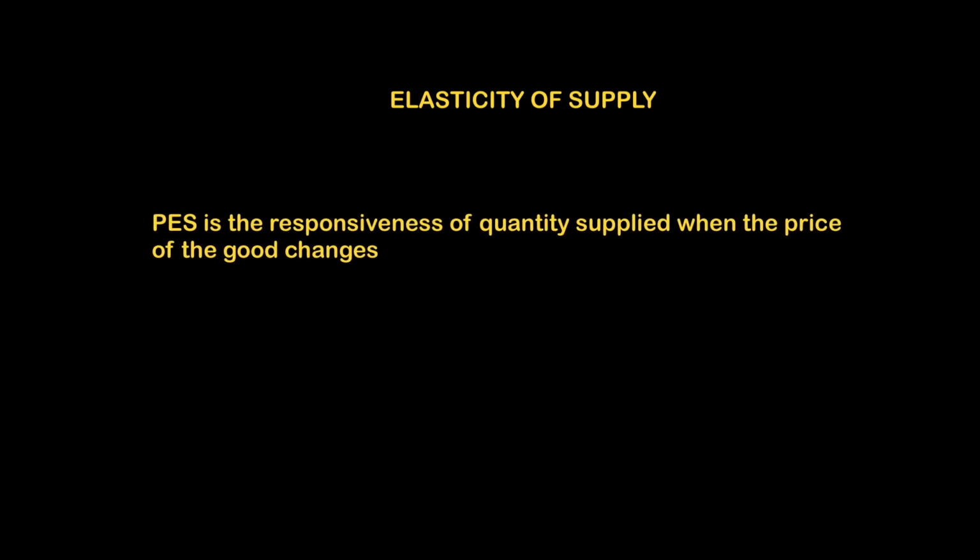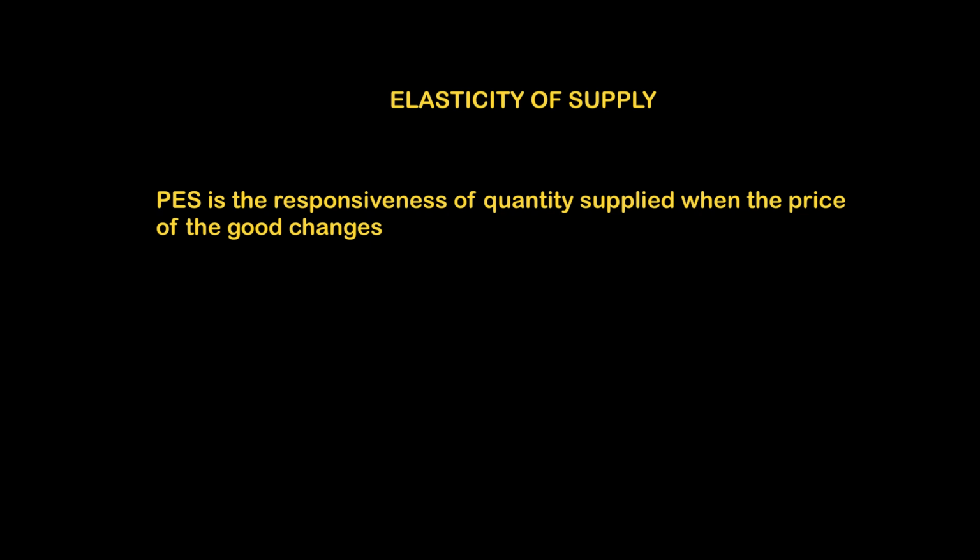Well, price elasticity of supply is simply the responsiveness of quantity supplied when the price of a good changes. In other words, now we look at the producer's perspective, because when the producer finds the price of a good going up, how is his ability to increase the quantity that he's producing? He may be easily able to increase supply given some factors, and he may not be able to sometimes increase supply. So we want to explore his flexibility or his ability to increase the quantity produced when there is a